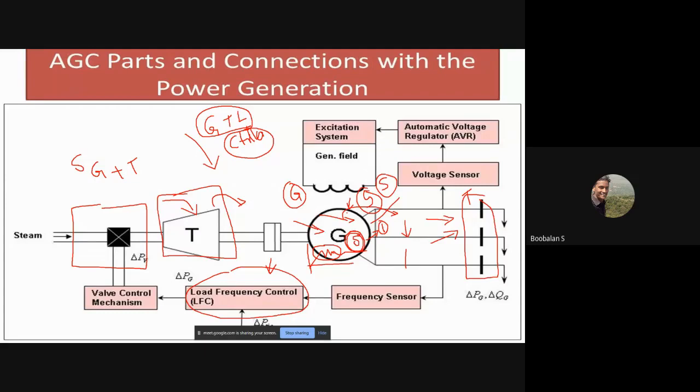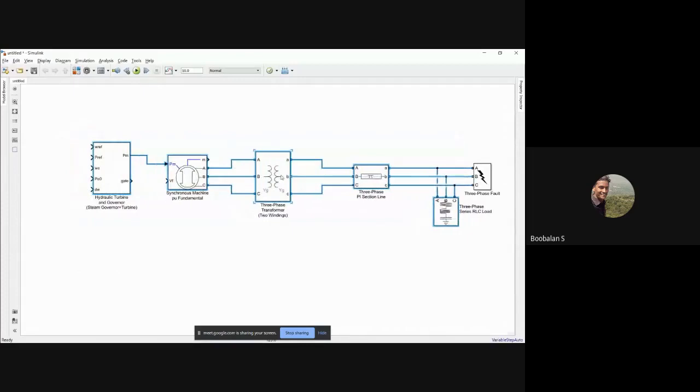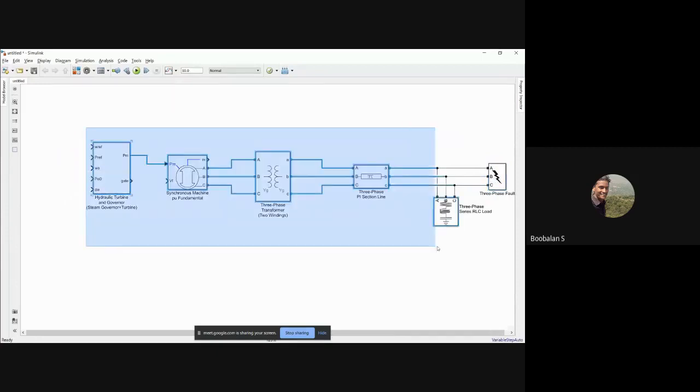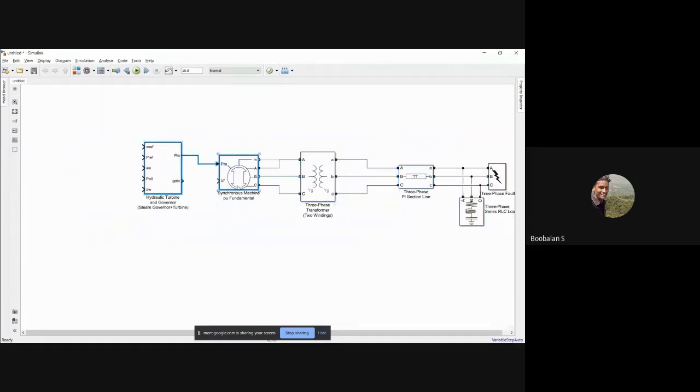For that purpose in MATLAB, we have measurement functions over here. You could see, now I'm just going to move like this. Let us see a little bit. I'm just moving over here. I need much space over here, that's why. Now I need a measurement. I'm going to measure my stator current, and I need to measure the rotor speed of this synchronous machine. In that sense, we have the terminal called M over here. This is a port name. This is my input port, this is my output port.